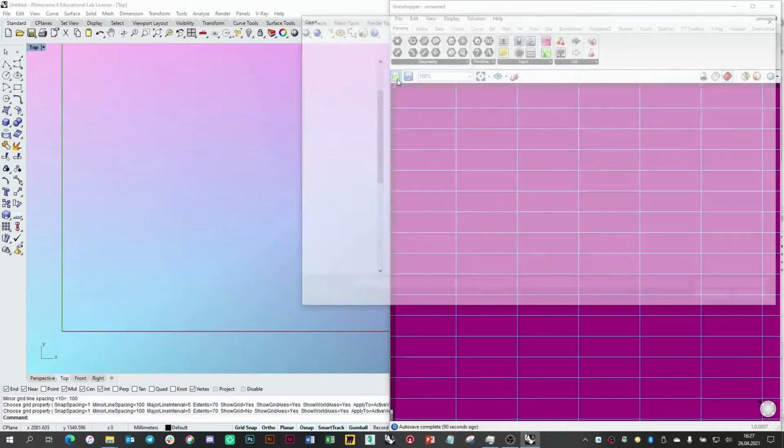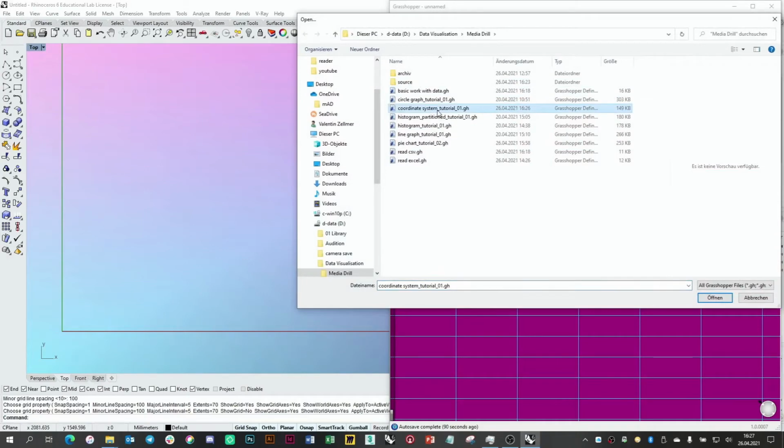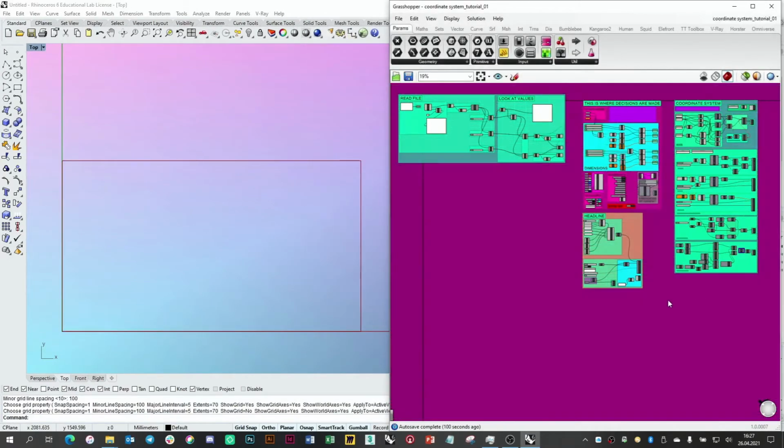For many use cases, it can be useful to have a coordinate system to place your chart in. So now let's look at how to get one. For that, let's open the example file of coordinate system tutorial. This is a rather large file,